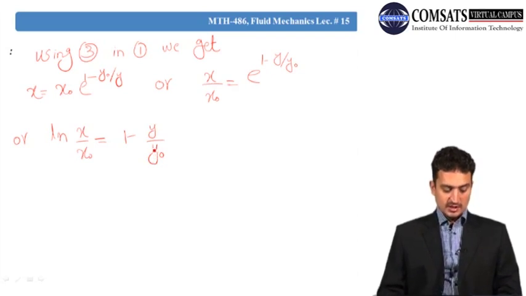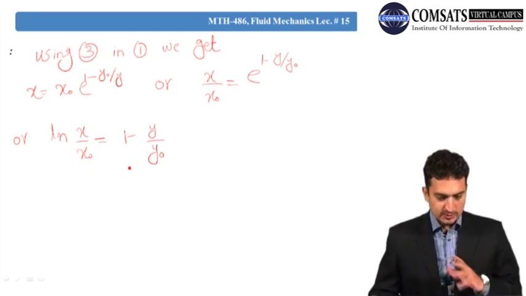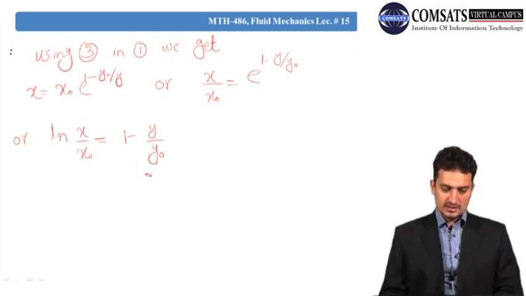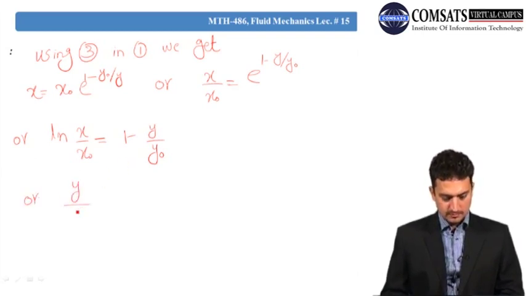Now this is an equation which is independent of t. There is no t appearing in this equation. और आपने इसको एक्सप्रेस भी कर लिया in terms of x naught and y naught. और अगर इसको मजीद सिंप्लीफाई करके y as a function of x अगर आप लिखना चाहते हैं, then you can also go for it. Or it's simply y over y naught is equal to 1 minus natural log